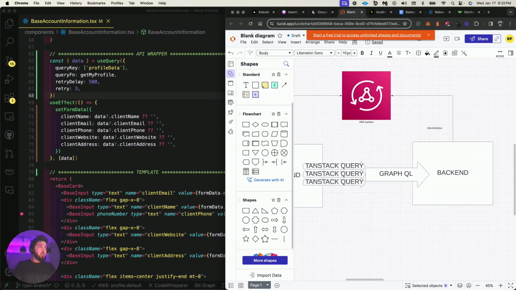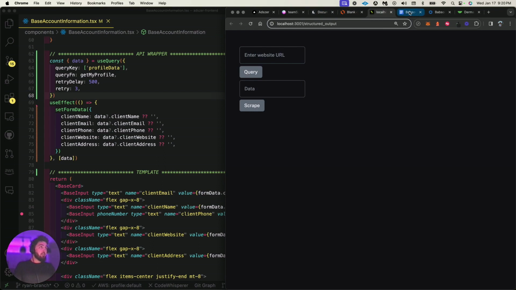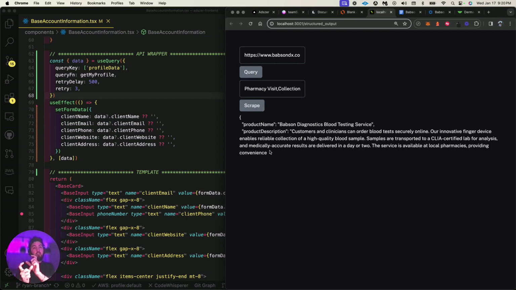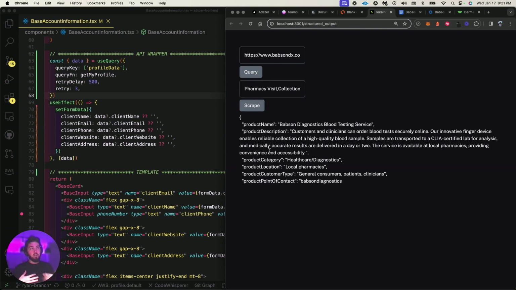The thing I wanted to show you too, just kind of a side thing, is this data scraper with a LangChain function. So what it does, I can import any website URL as long as it's not HTML. It's encrypted HTML specifically, as it'll query the data. And then I could scrape from that parsed data right here, and it'll literally put it in the structure that we wanted. So you can see the key values that we chose: product name, product description, product category, and it's scraping all the data associated with that. So you can see product point of contact.